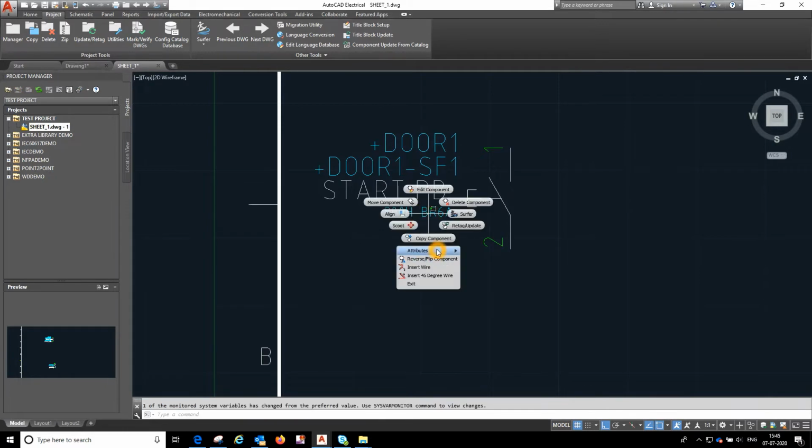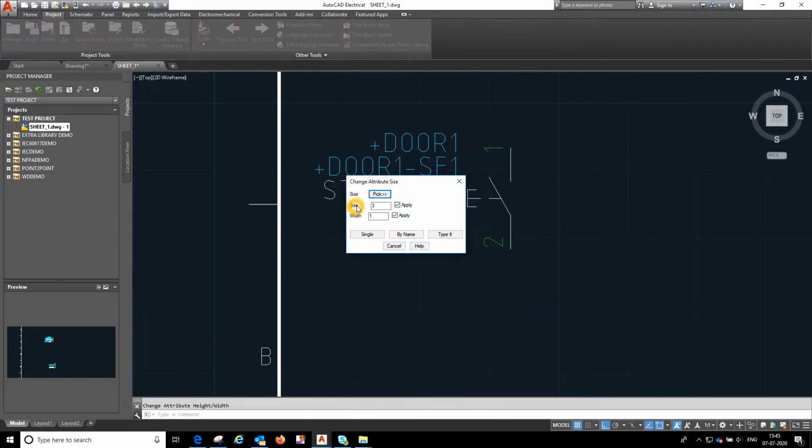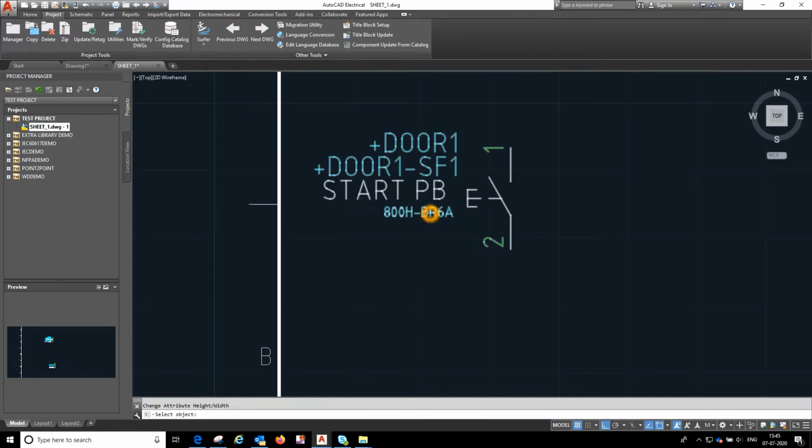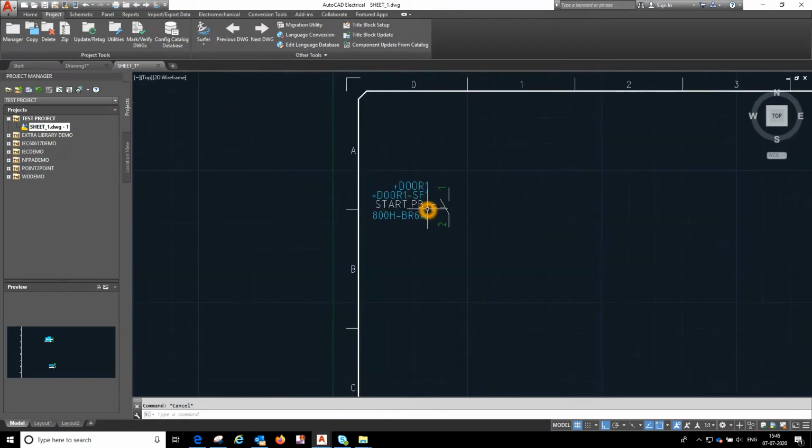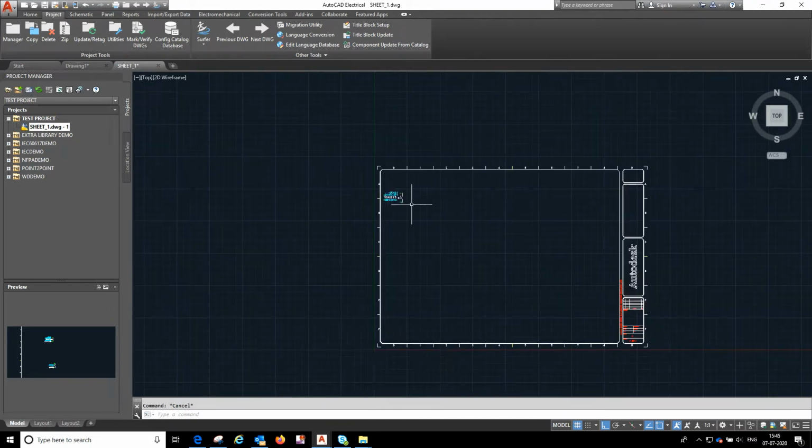This we need to change manually by right clicking on the mouse and selecting the attribute size. Here the size is 3 and width is 1. This default is there. This is not actually on the attribute. Select the single and click on the attribute, then we can again arrange in the proper manner. This is how it looks like.